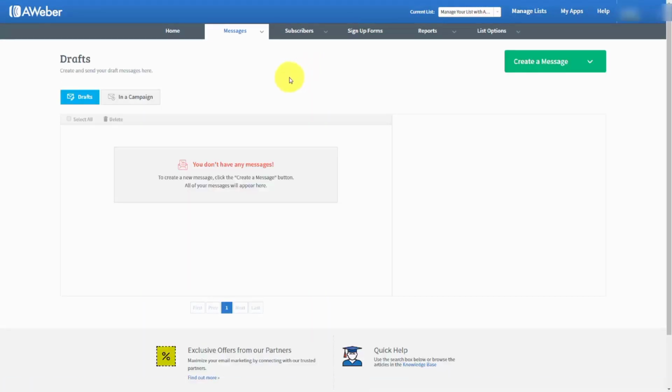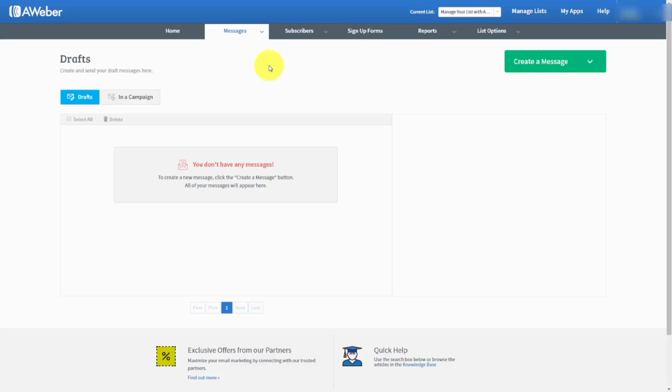Welcome back. In most cases, you are going to be sending out an email to your email marketing list using the broadcast feature in Aweber. This means that you are writing the message from scratch and you are sending out this message at some particular point in time. Now, you can write the message at a point in time before it actually has to go out. However, you are writing these messages individually, one at a time,